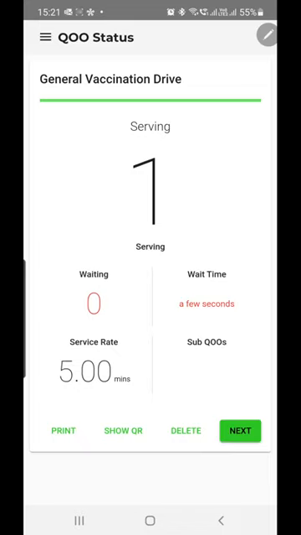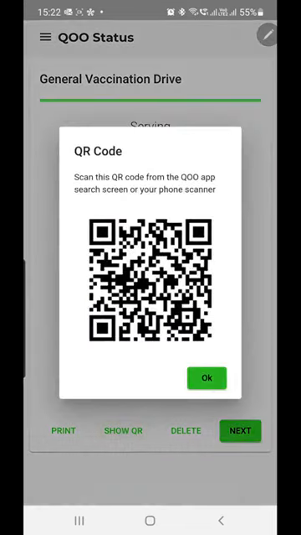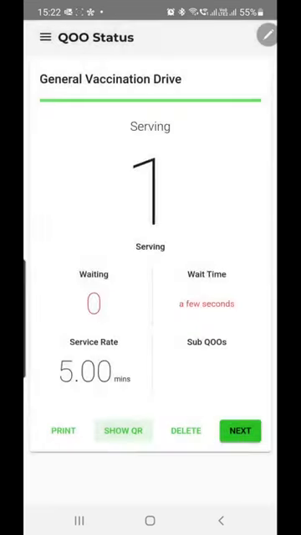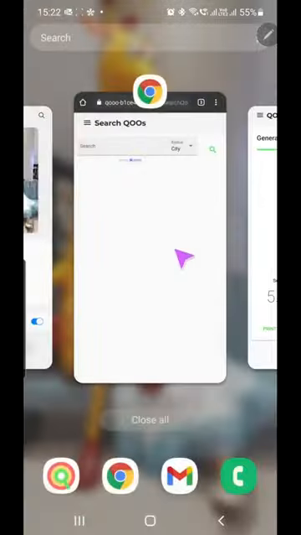There are a couple of things. So apart from searching the queue by the name and joining, people, when they arrive at your center, you ideally want them to scan something and join the queue, right? So this is a handy mechanism where we generate the QR code for you, which you can either present it to your customer, or you can take a printout in a predefined format. So I will show you how you can generate that on our website.